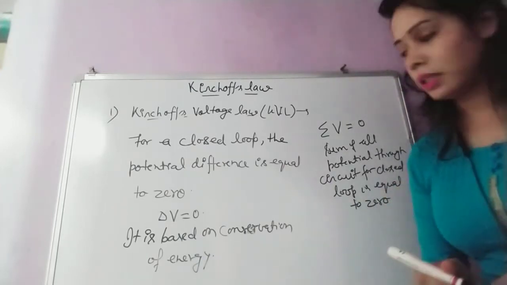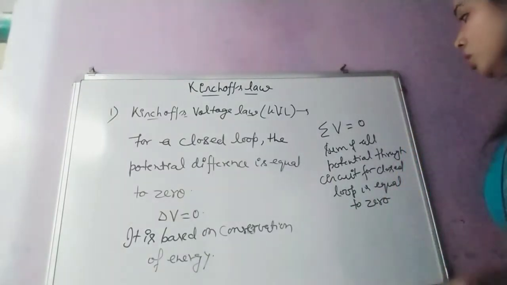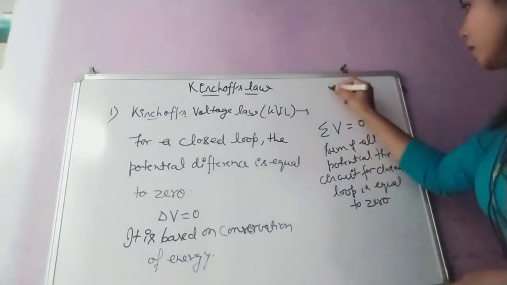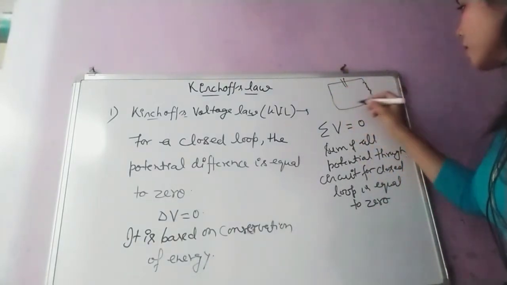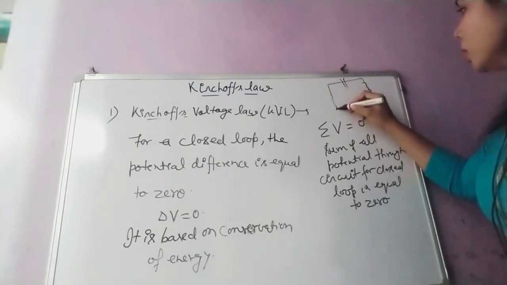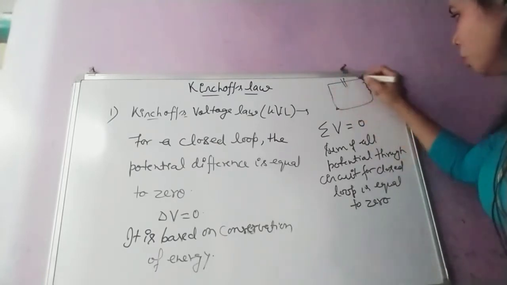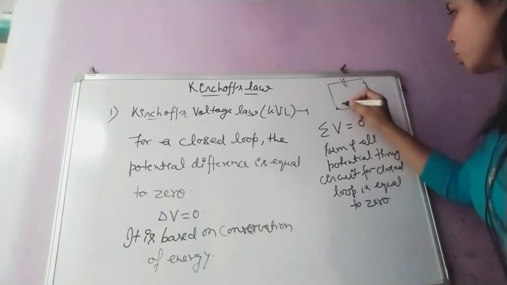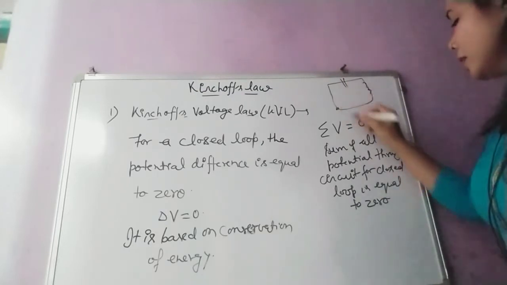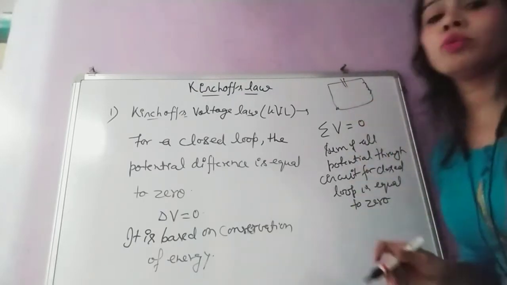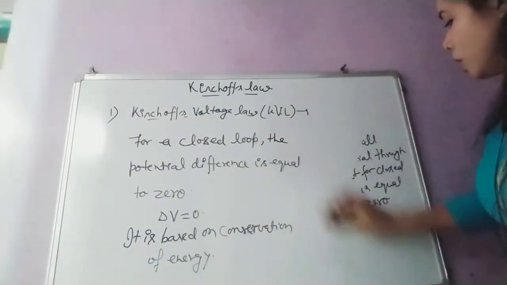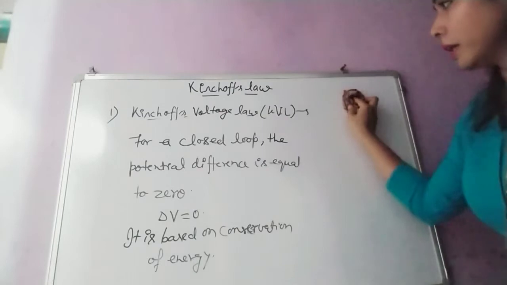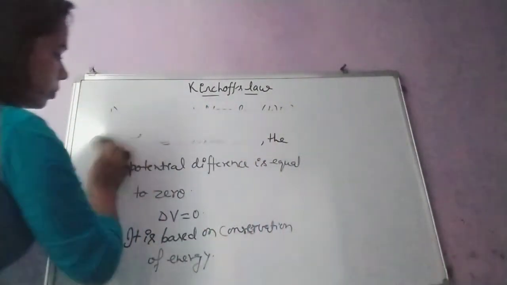Okay, so it is another statement which we will use, that sum of all potentials for any circuit. Suppose in this circuit you have taken cell and resistance, all those things. So for potentials, all potential drops throughout this whole circuit, the sum of all those is equal to 0. Another statement for this law. Okay, so I hope it is clear. You can pause it and write in your copy.